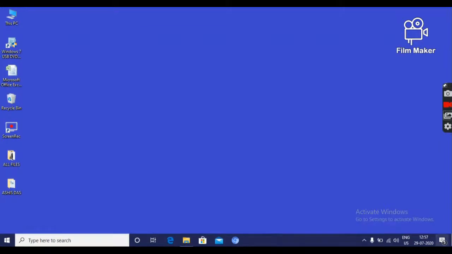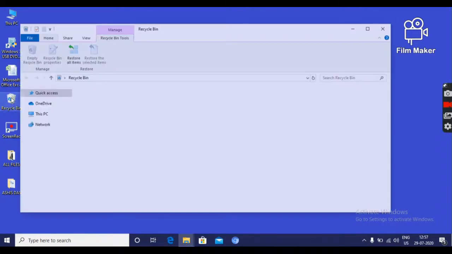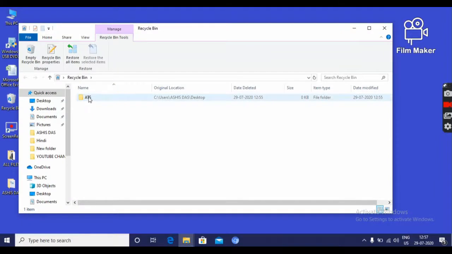And now I will explain recycle bin's third option. Right click on it, then click on delete option. But it is very dangerous, because if I delete from a recycle bin, then it will be deleted forever from your computer system.